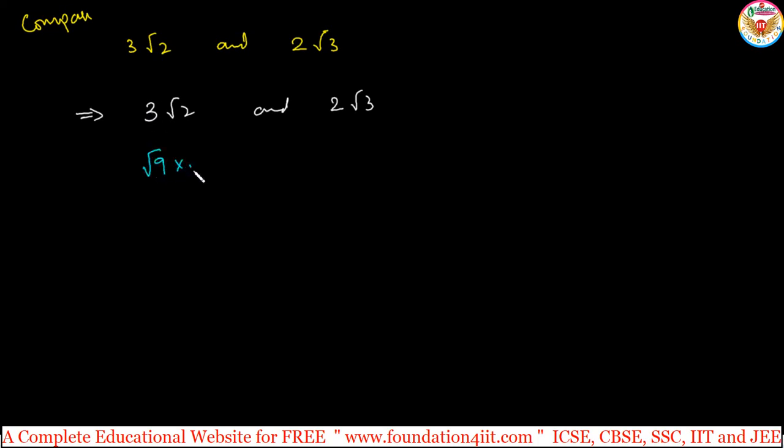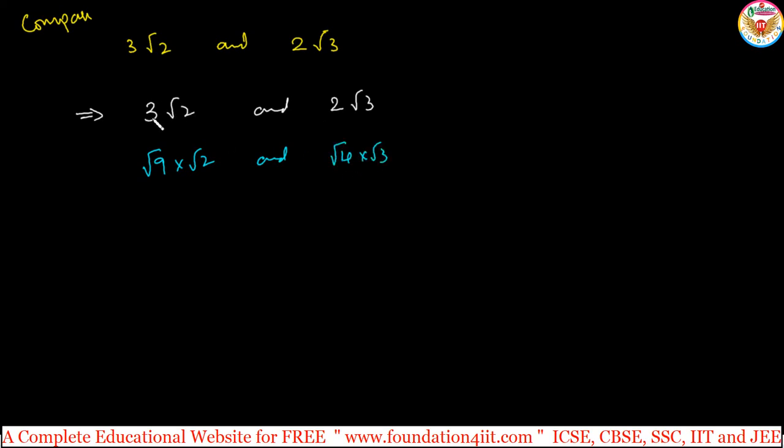Okay, so these are the points. And how to compare between the irrational numbers. For example, 3 into root 2 and 2 into root 3. So the question is to compare. How to check which is the greater, which is the smaller. So 3 root 2 and 2 root 3. So here the 2 is in square root. For 3 also we need to apply square root, then I can get it clearly. So 3 I can write as square root of 9 into root 2 as it is. 2 we can write as square root of 4 into root 3 as it is.